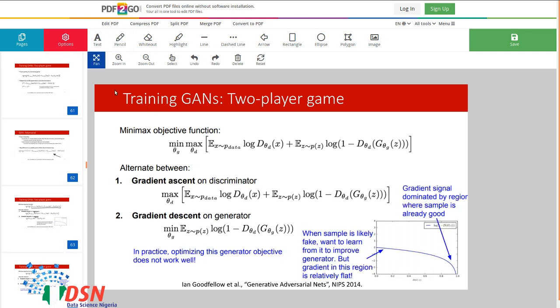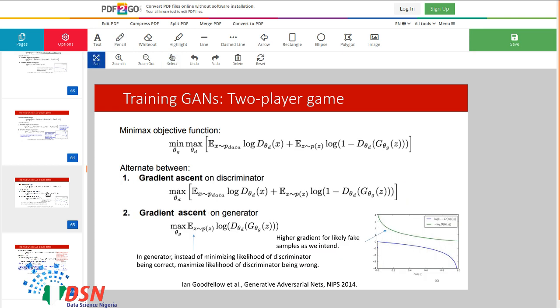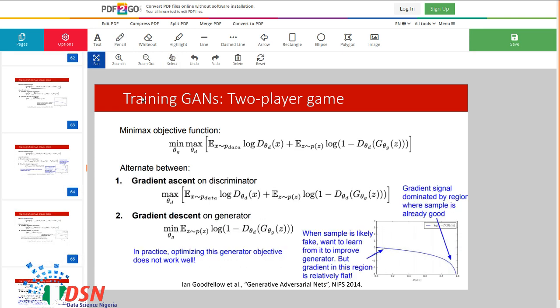The problem with this is that, so this looks fine, but in fact the problem of gradient descent on this is that if you plot this term, you could see that it has a shape like this.